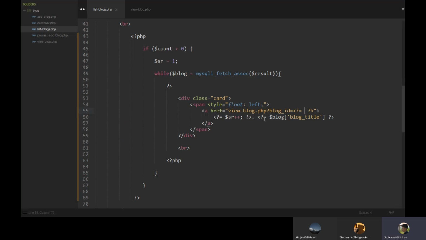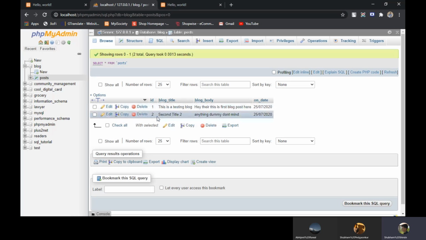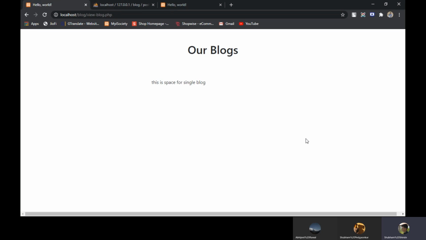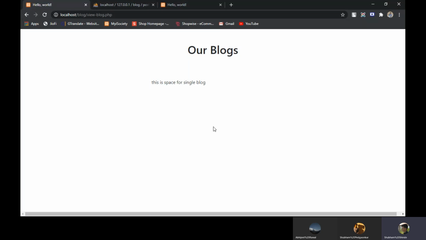So $blog, we'll copy this and put it here and just modify that key name, which is the column name in the database, which is id. ID in the sense of this ID 1, 2, which is referring to a particular blog or record. So let's save this and refresh.